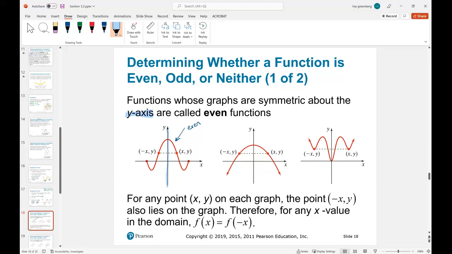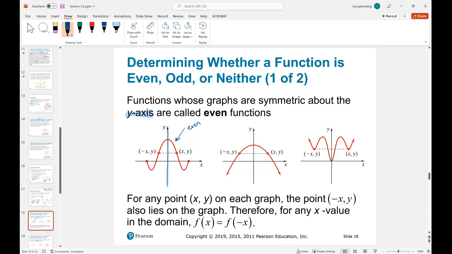A butterfly would be considered like an even function because if we stand it straight up and put a line down the middle, both sides should be the same. Same thing with this. They're all even because they're all symmetric around the y-axis. Now, if you don't have a graph, the algebraic part is that